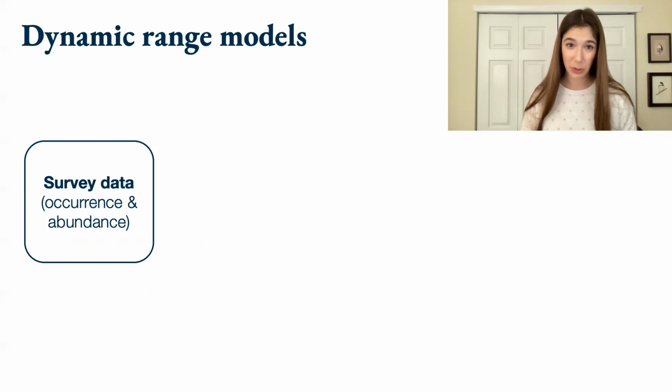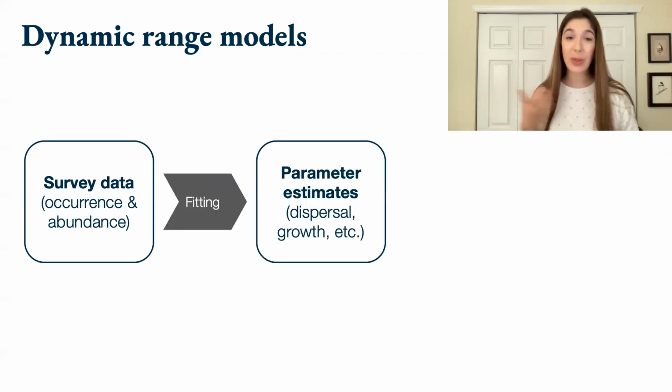It's a class of species distribution model that starts the way other species distribution models start, with data on the distribution and abundance of species. But then we write down a model that describes mechanistically what we think is driving the distribution and abundance. It might have processes in it like growth, reproduction, dispersal, migration. Some of those processes might vary over space or with temperature. Once we have that process model in hand, we can fit it to these data and estimate the key parameters of the model. Again, those are often things like growth or dispersal.